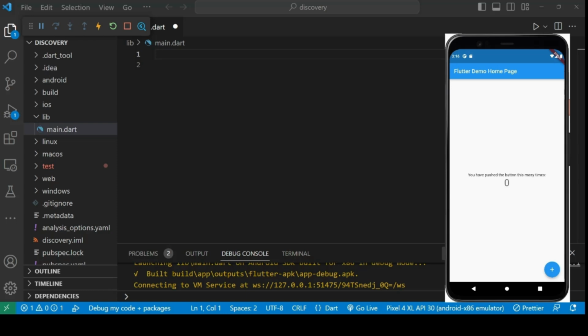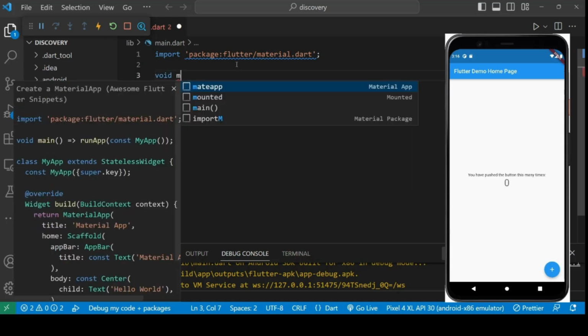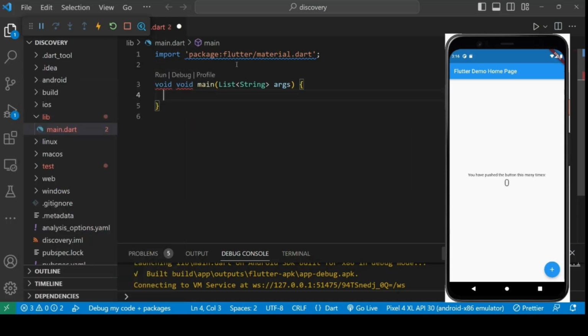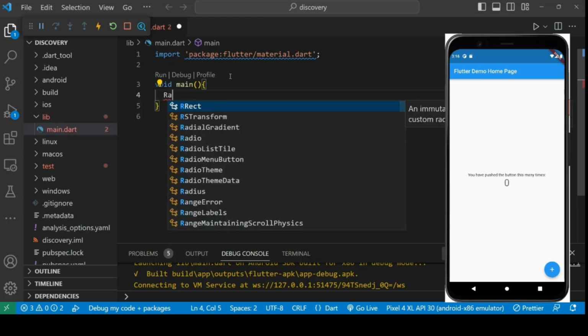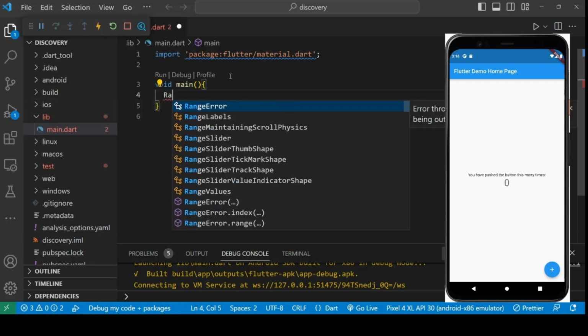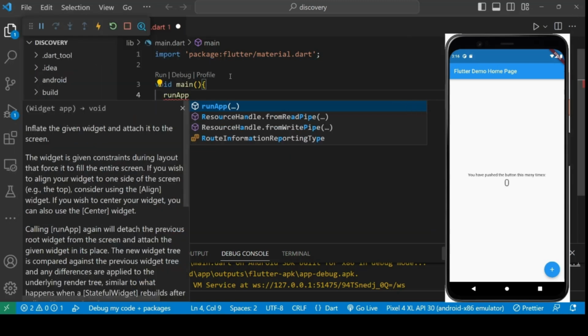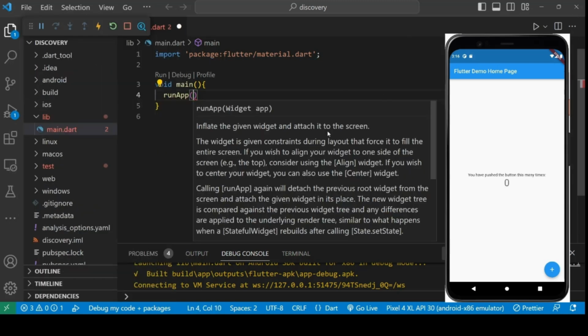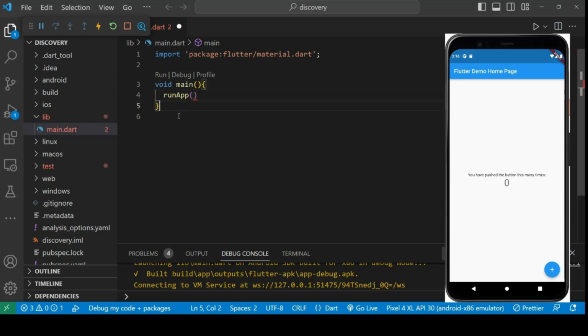For the first thing, we'll import the Flutter material package, which contains all the basic widgets which we can use in our app. Then let's make a main function, inside which we can give the command runApp, and the runApp command requires a screen. So let's first create a stateful widget,